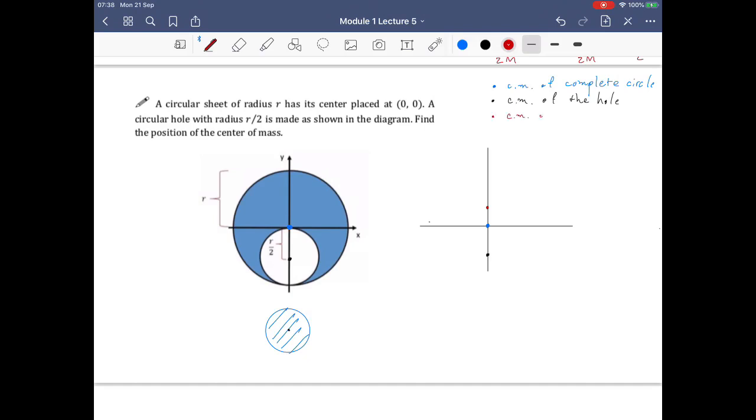The red dot here is the center of mass of the big circle with the hole. So now you can see that there are three centers of mass here. So the relationship between these centers of mass is like this,